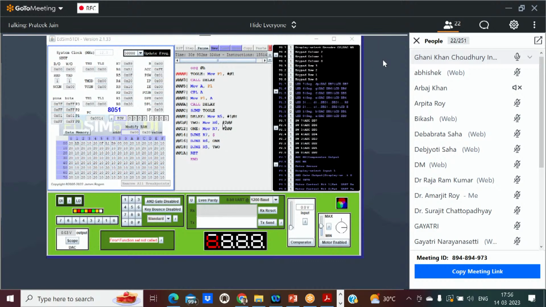And definitely this tool is completely free of cost and open for all, and it is very easily installable, because we have an executable jar file, and it is good for us. An important point is that we cannot only run simple assembly code by using this EDCM 51 software,